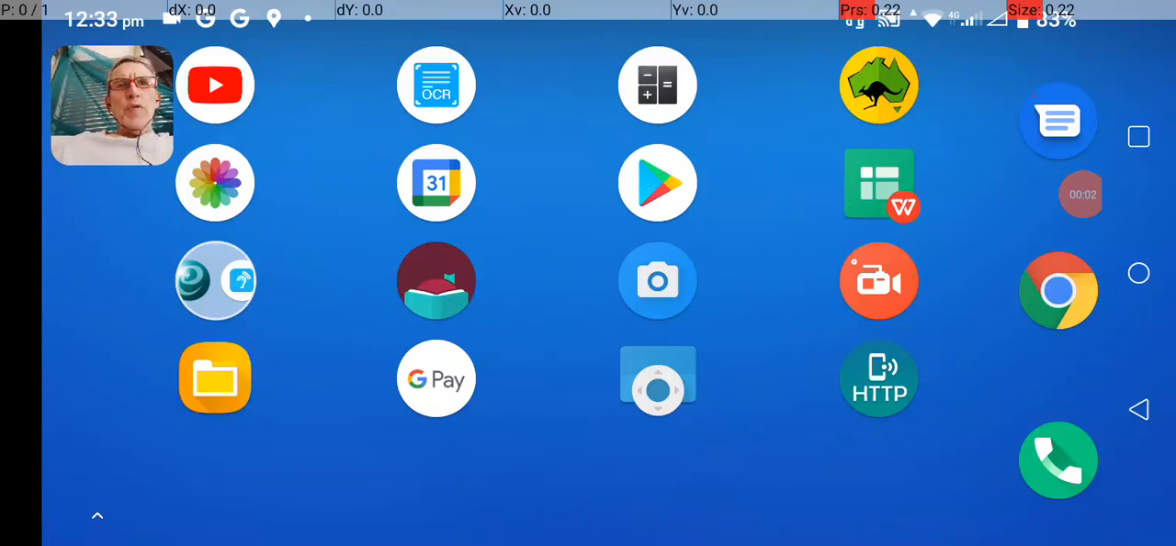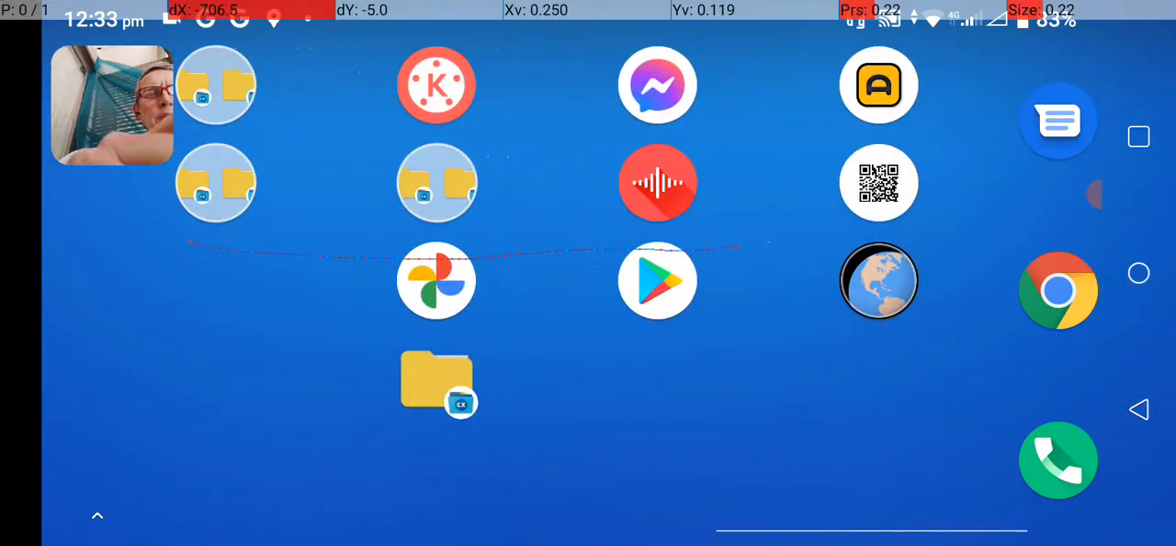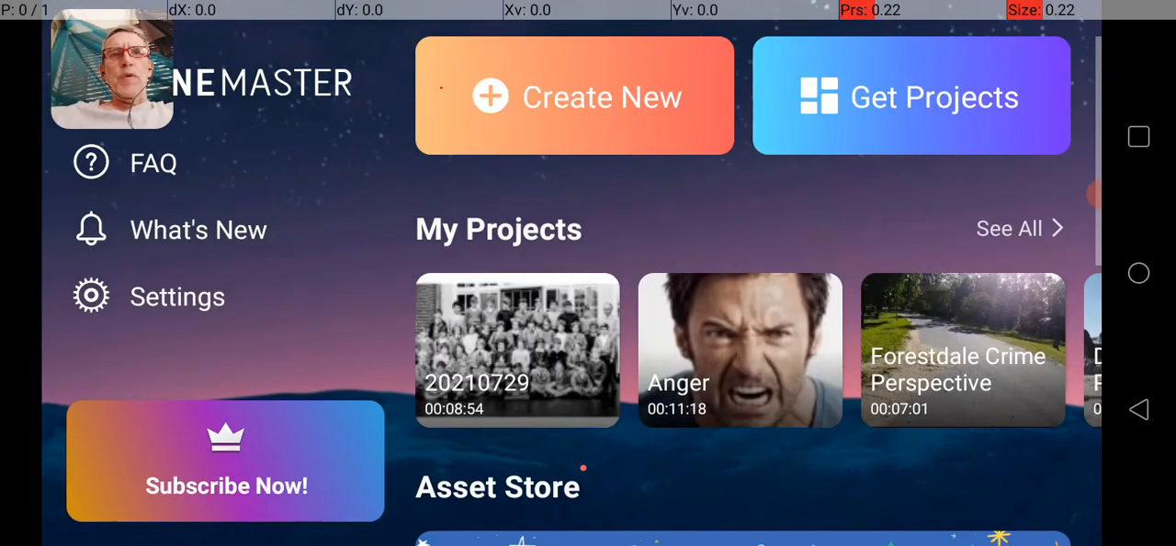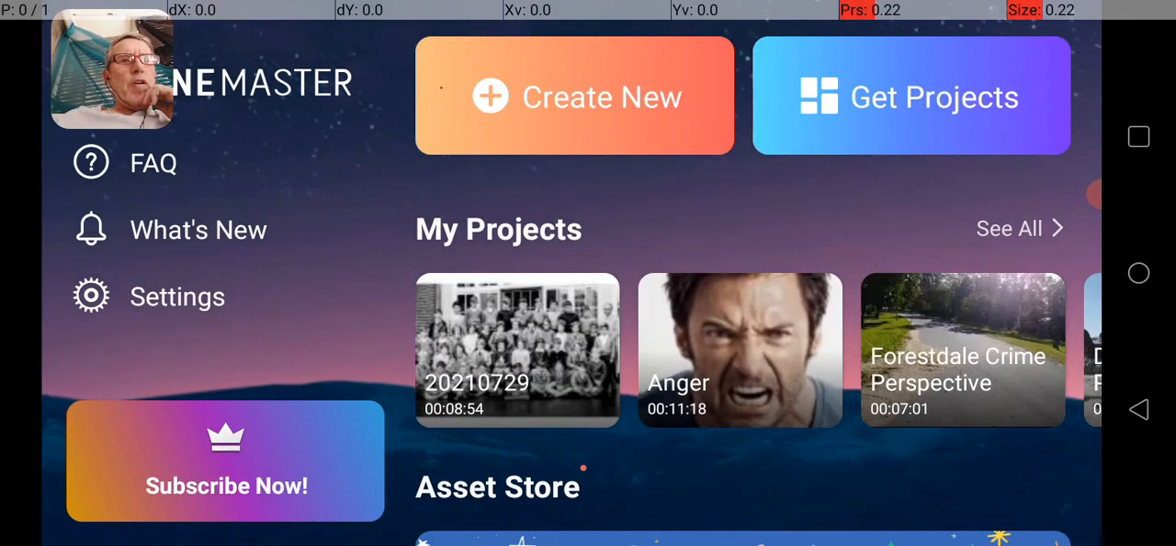A program that I use quite a bit recently is called KineMaster. There it is there. KineMaster is a video editing software, and I use it on my phone because it's faster on my phone than it is on my computer. Well, video editing, it's faster on my phone than it is on my computer. As you can see, I've got a lot of